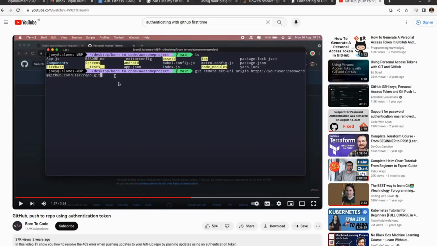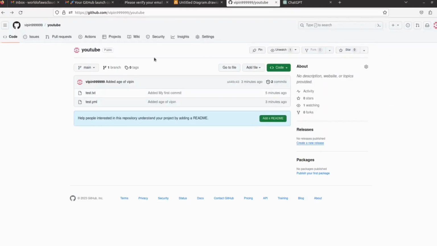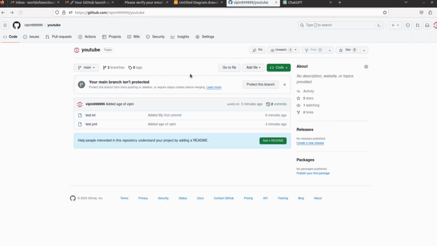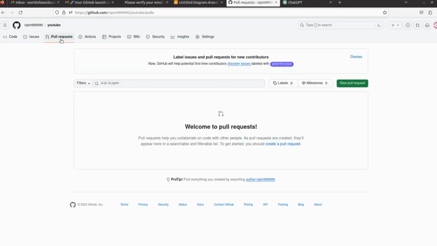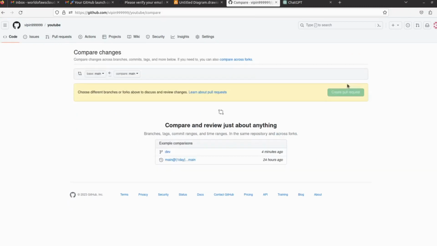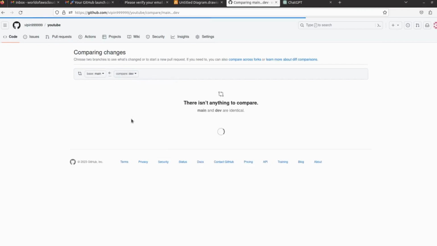Let me refresh this and see what we can see here. We have a pull request option here: create pull request, branch dev.